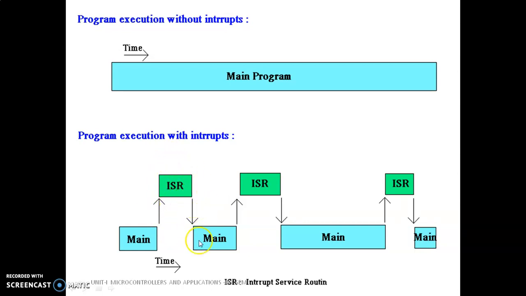After completing that, it continues from where it had been stopped. Then it executes this continuation of the program. Once again, while continuing the program, one of the devices disturbs the controller. So the processor has to stop the current execution of the program, and the controller has to provide the services to that interrupted device. After providing all the services, the controller continues from where it had been stopped. This is the program execution with interrupts, and the other diagram talks about program execution without interrupts.